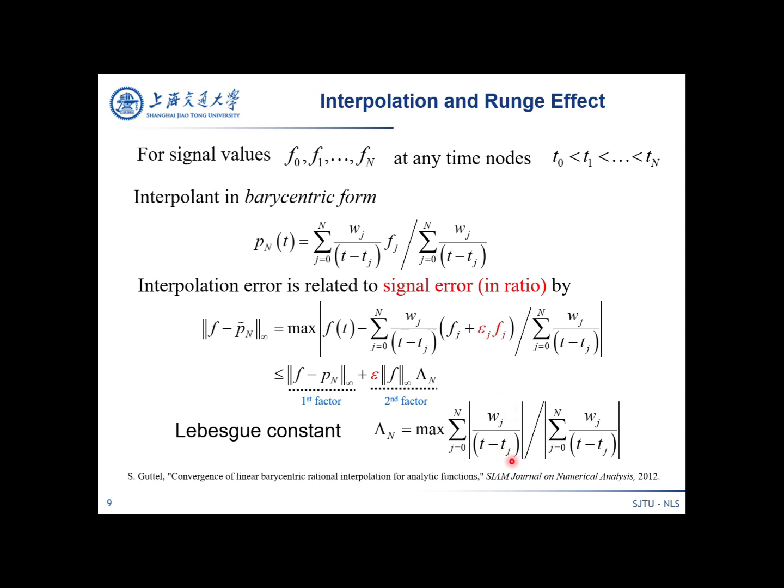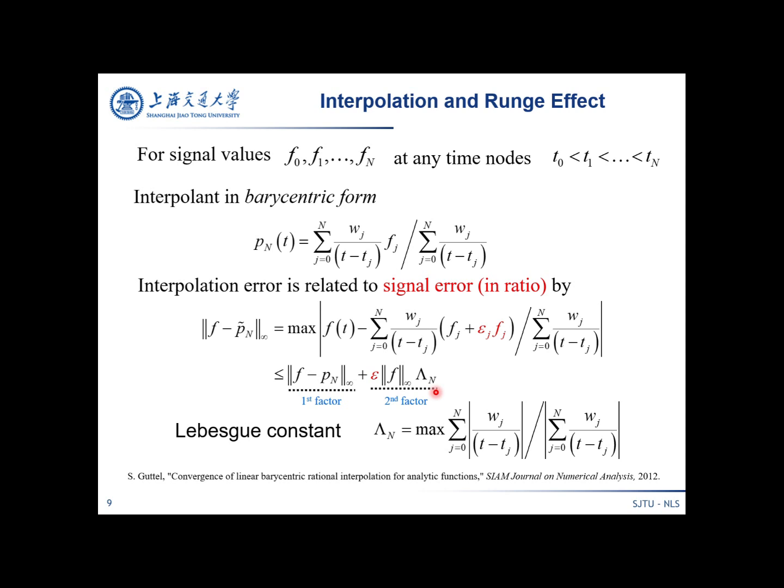The Lebesgue constant participates as a multiplying amplifier of the signal errors. Computer rounding or signal sampling errors might be considerably amplified or even cause divergence in practice, depending on the distribution